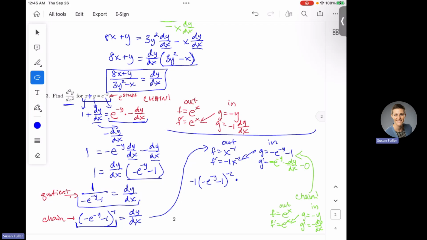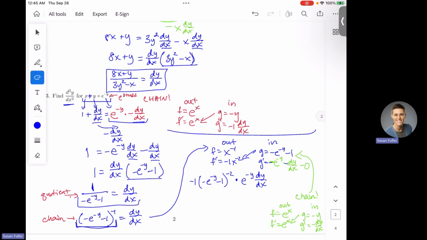And I'm going to multiply by g prime of x, which is negative e to the negative y times negative dy dx. Are you okay with this? Negative times a negative is going to cancel and I'm going to get a positive. So I'm not going to worry about those negatives. I'm going to write e to the negative y dy dx. That's my derivative from the chain rule